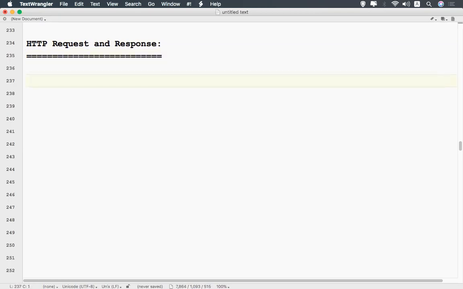So first, what do you mean by HTTP? HTTP means Hyper Text Transfer Protocol. Okay. So protocol means a set of rules. It will define how the communication should happen. So when you talk about the HTTP request and response,